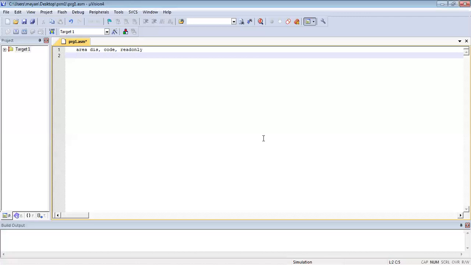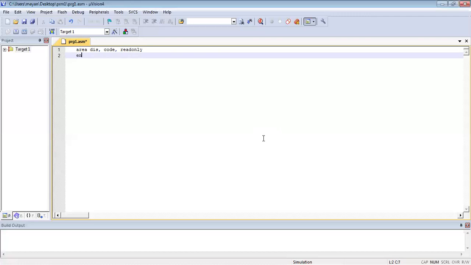AREA is an assembler directive that shows the storage area of this program. The storage area name can be anything, and it is of type CODE, which is READONLY. You can write either CODE or DATA, and READONLY or READWRITE. We are using CODE and READONLY.